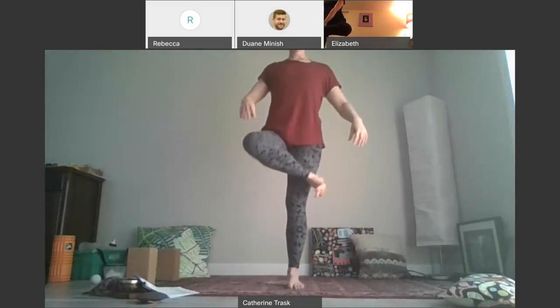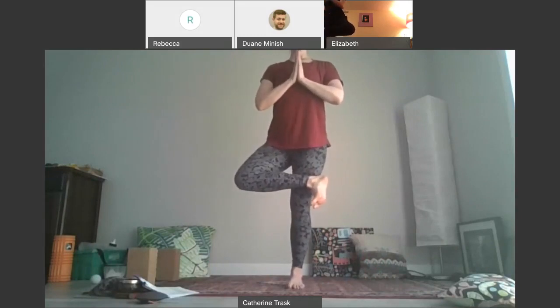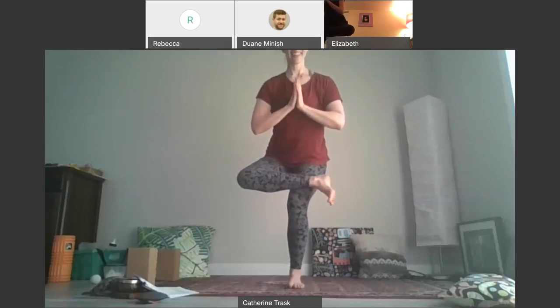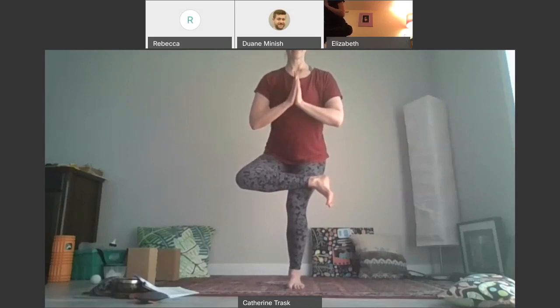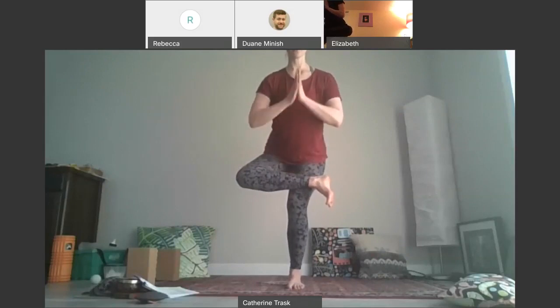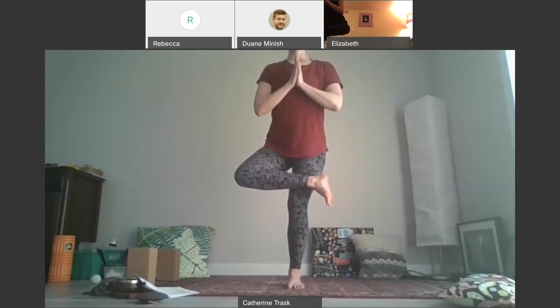While we're standing, bring our hands to prayer in front of our chest. And it actually gets easier as we bend our knee. So we bend our standing leg, and this sends our hips back, creates more of a shelf for our floating leg, or resting leg, we could say. Inhale to come up a little higher. Exhale